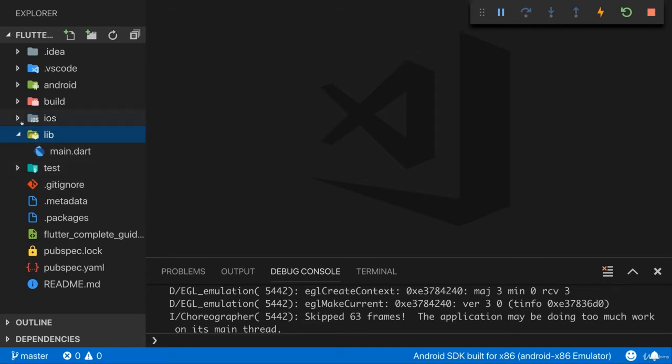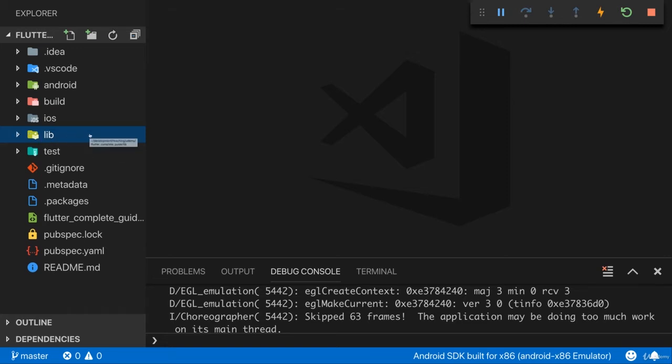The lib folder is now the important folder for us. Lib stands for library, and that is the folder where we will do 99% of our work. It is the folder where we will add all our Dart files. Dart is the programming language Flutter uses to write the code for our Flutter application. So this is the folder where we will add files and where we will write code in. This is a super important folder for us.